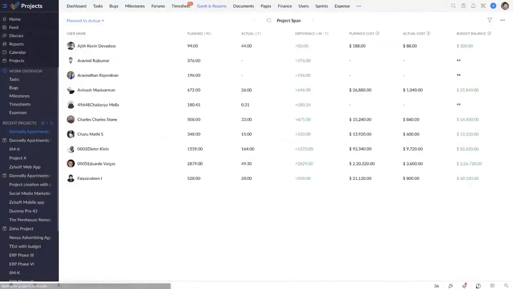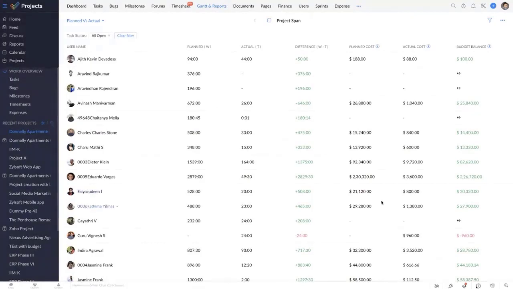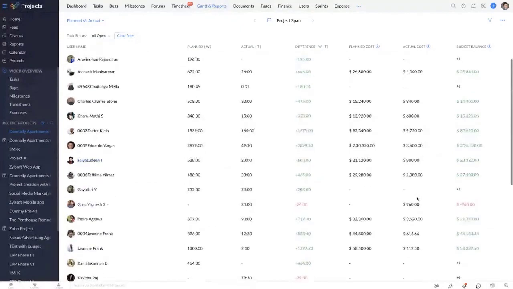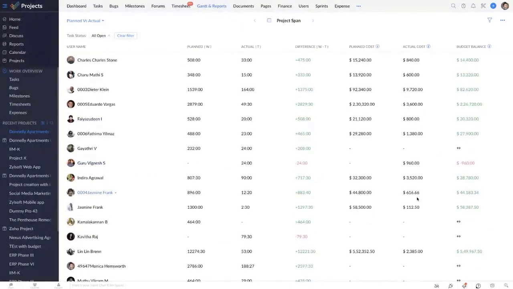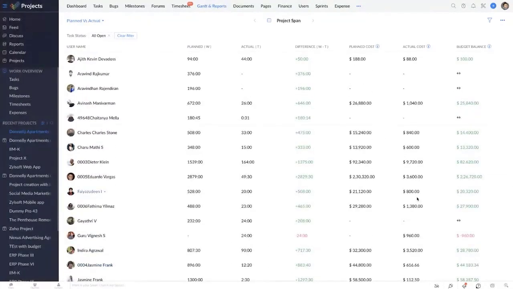Moving on, we have the planned versus actual reports. These reports help you identify the work progress of the users based on the difference in their planned and actual hours. You can view both the total planned hours of a user and the actual hours spent by the user in a project. The difference between the planned and actual hours indicate the progress of the project. The planned hours are calculated based on the work hours allocated for the task assigned to the user, and the actual hours are calculated based on the user's timer and timesheet entries, which we will talk about in a bit. And these reports could also be exported as XLS files if needed.